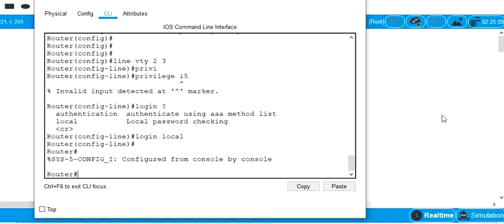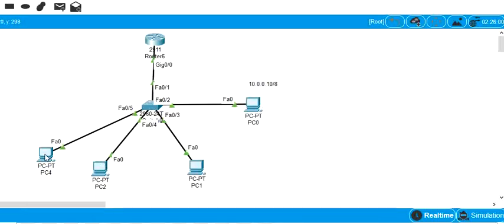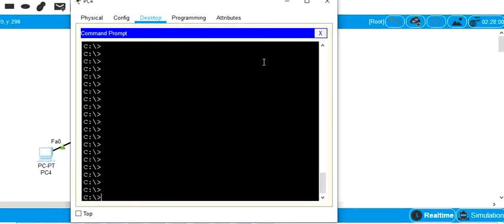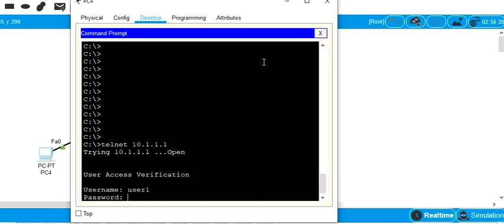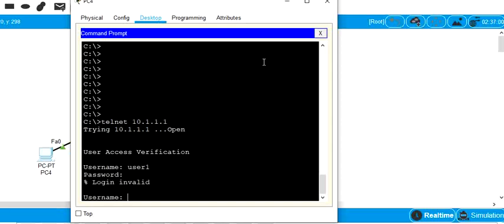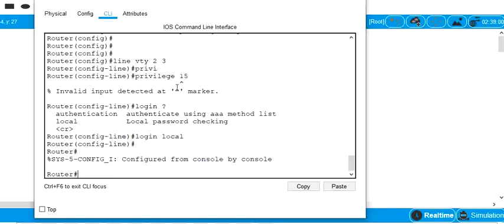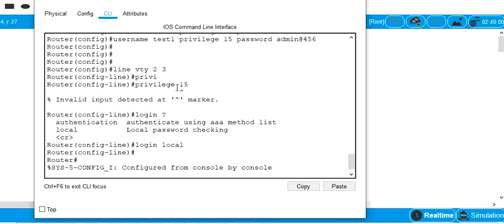So you can check now. Username is user1, password is admin@456. Okay, what's the password you have given us for the user?